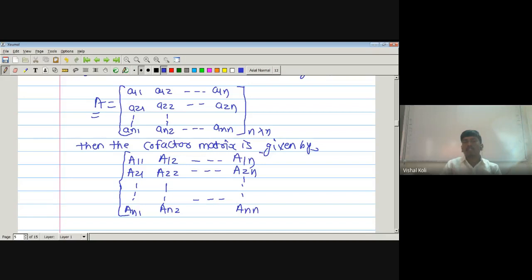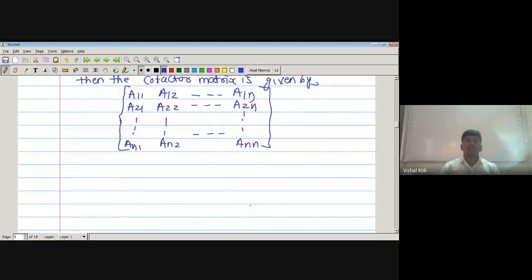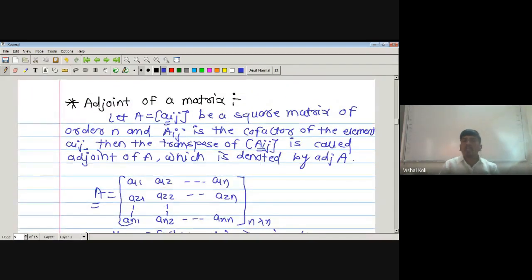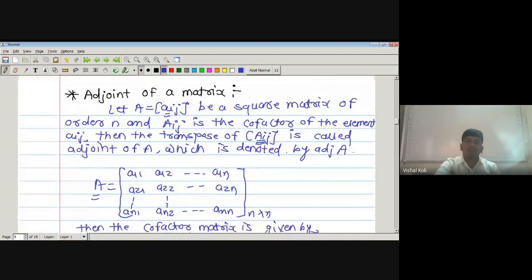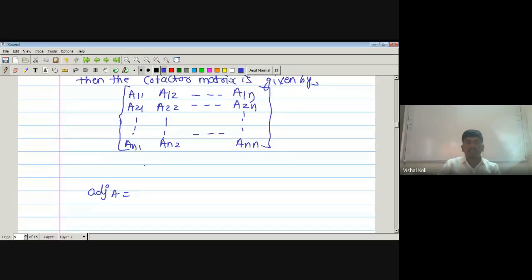So here we have constructed one matrix which is formed by the cofactors of the elements of the given matrix. But from the definition, adjoint of A is nothing but the transpose of that cofactor matrix. So now we have to take the transpose of that matrix, and it is nothing but,